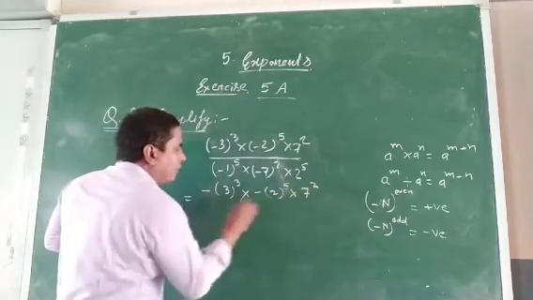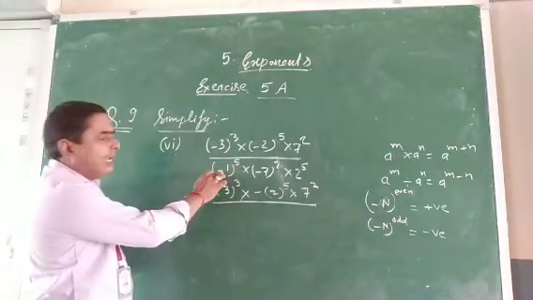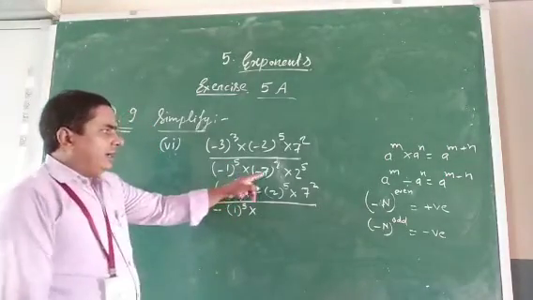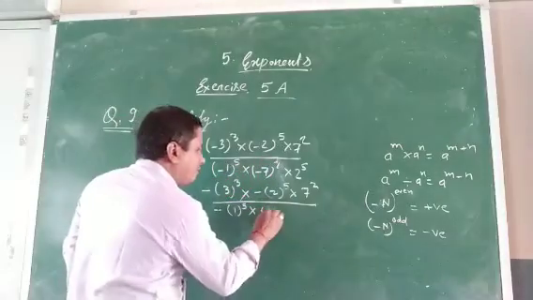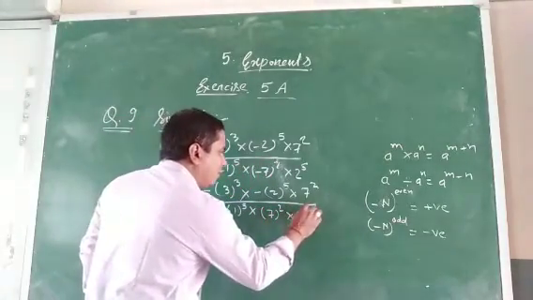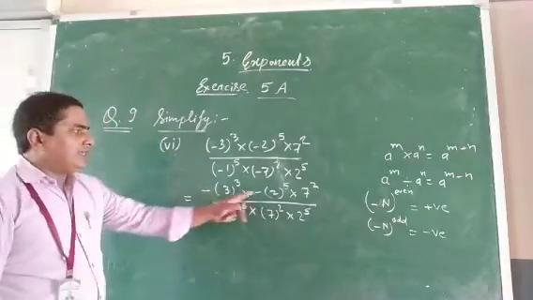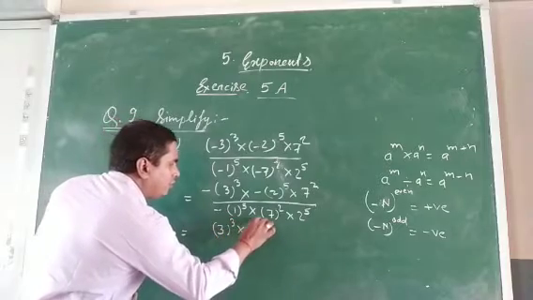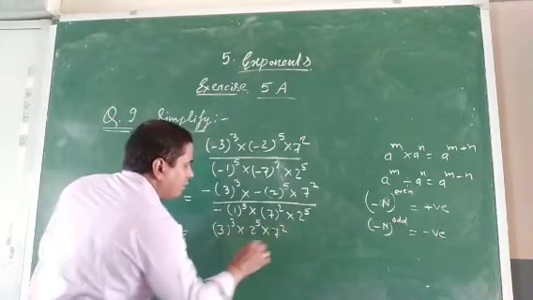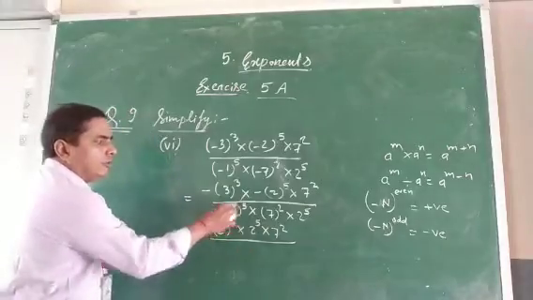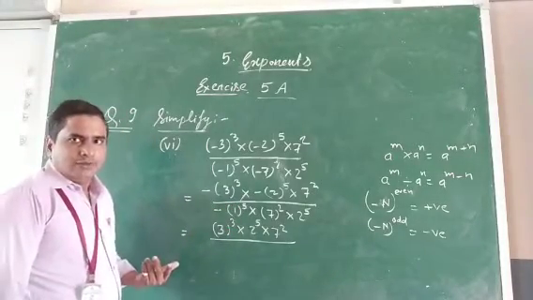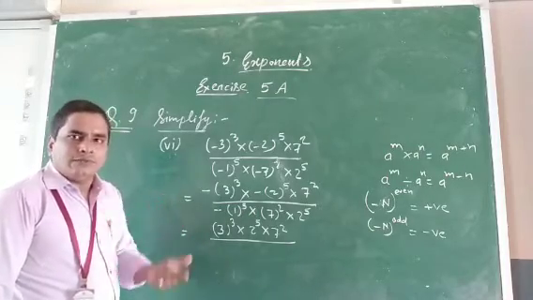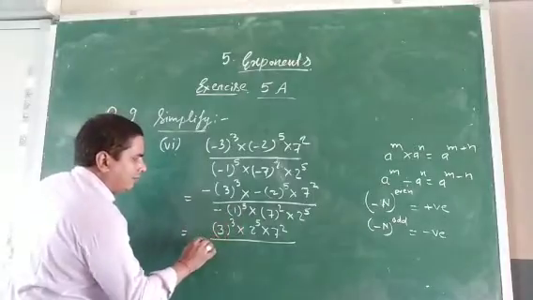Now here 7 to the power 2. Here negative number, power odd, so its value is negative. Negative number, power even, so its value is positive. Now to the power 5. Now here minus into minus becomes plus. So here 3 to the power 3, 2 to the power 5 into 7 to the power 2. Here 1 to the power 5 is 1. We know that 1 multiplied by itself any number of times always becomes 1. So here 1, and here we will write the minus sign.